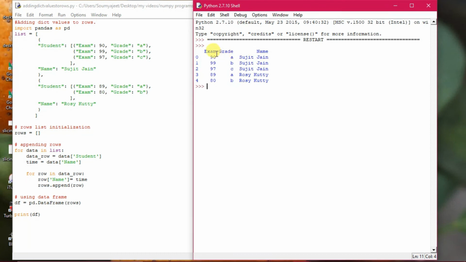So Sujit Jain exam 1 has got grade A. Sujit Jain's second exam got grade B and C as well, and here it is again B. We have not added the third data here, so it is showing only the two data for Rosie Gutti. So as much as possible you will be able to print in this way for the different grades. And if you did not use a loop out here, only one exam's data would be shown. That's why the loop has been used, for data in list, and then it has been repeated.